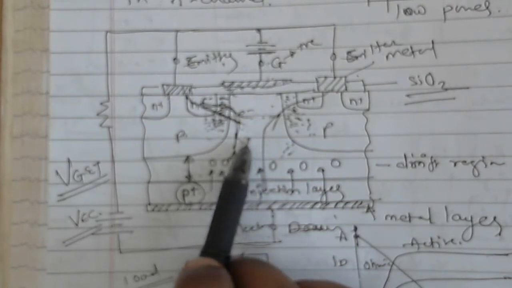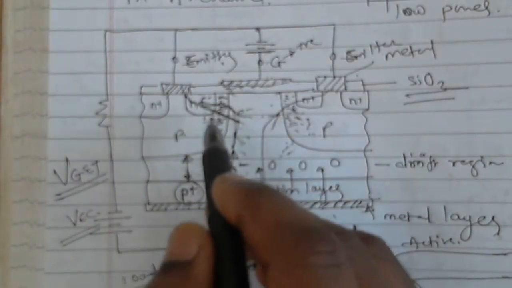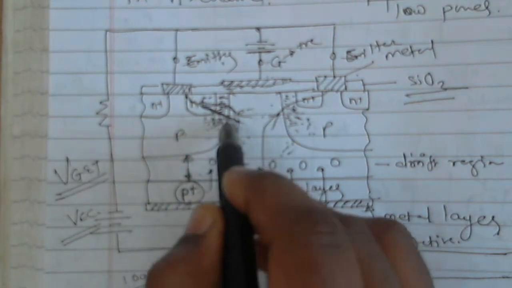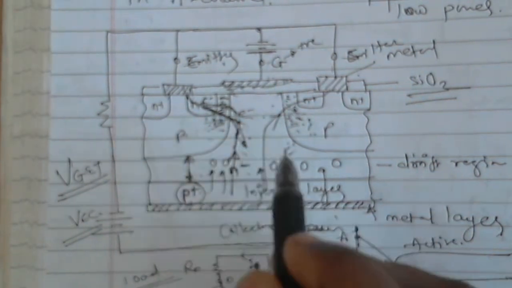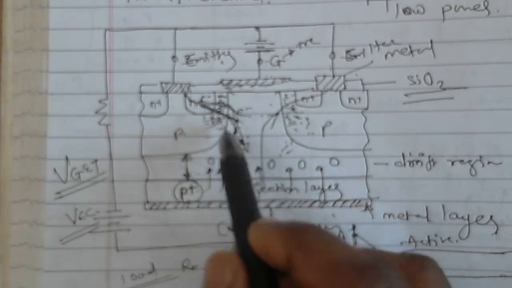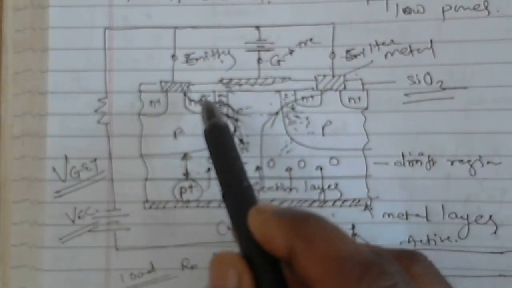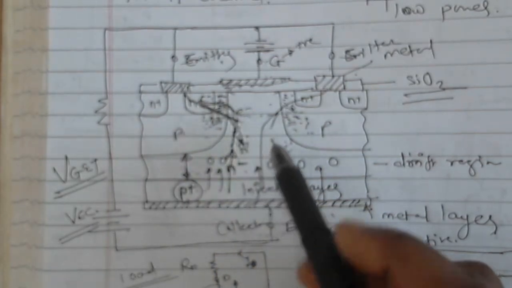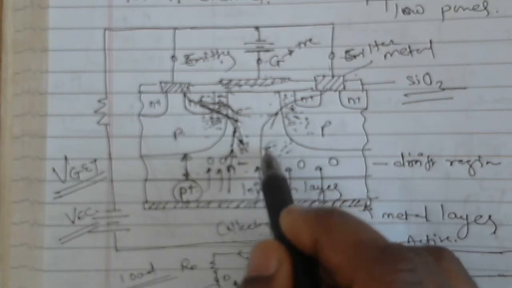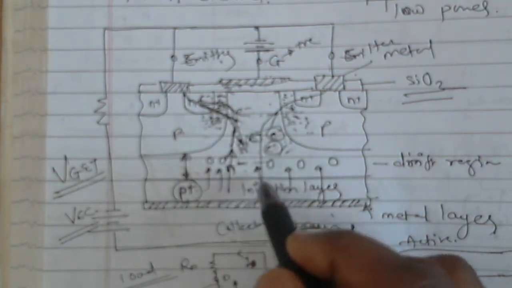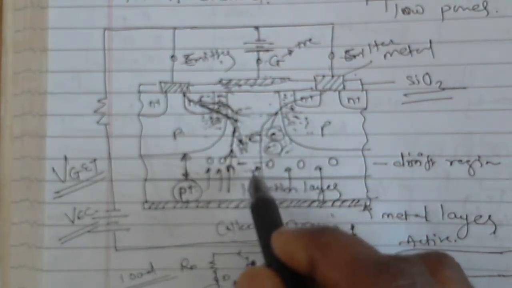Okay, so when it short circuits the n minus region and n plus regions, electrons from this n plus emitter begin to flow to this particular n minus layer. Okay, see, it is quite different, but try to understand. The electrons, as it is short circuited, flow in the opposite direction. Electrons from this n plus layer pass through this short circuit to this n minus layer. So here a lot of electrons get accumulated. Similarly from this side, lots of electrons get accumulated in the n minus drift layer.